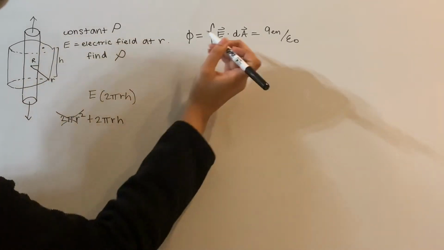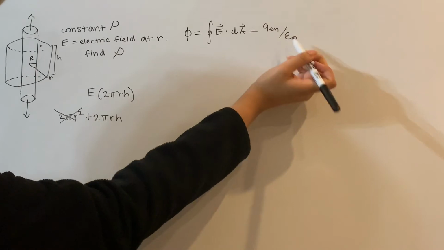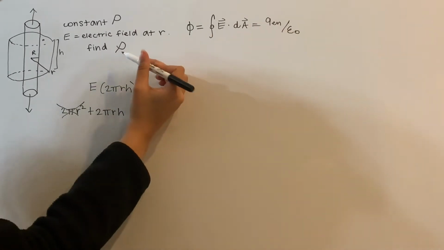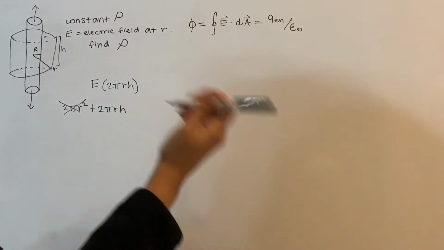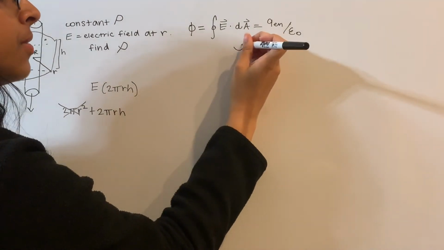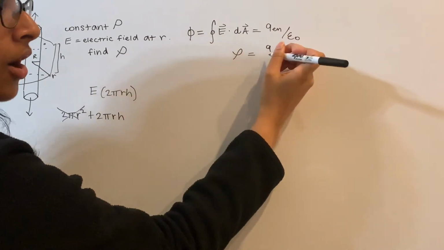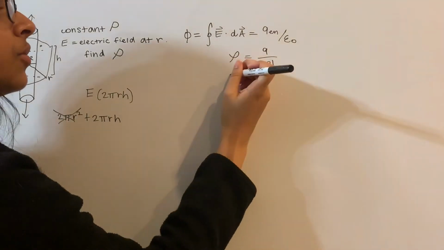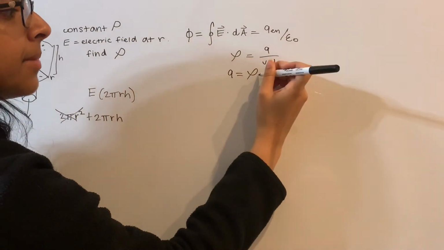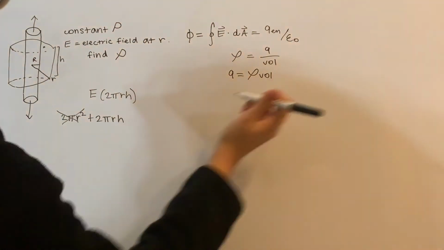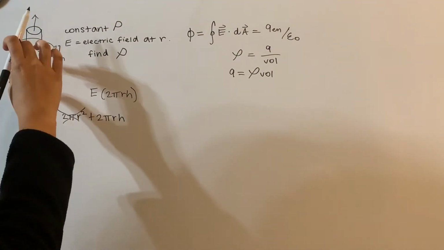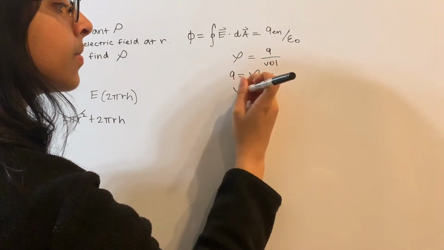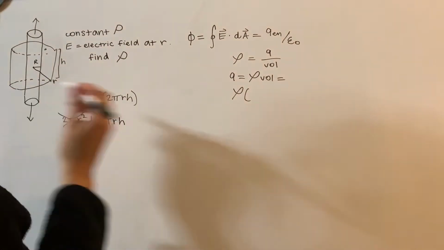So now we have our left-hand side of this equation, we need our right. So now we need Q enclosed, and it has to have something to do with rho because we're trying to find rho. So what is the equation for volume charge density? Your rho is going to equal your total Q, your charge, over your volume. That's what volume charge density is. So our Q is going to equal rho times the volume. And the volume of this little segment of this infinite cylinder that is inside our Gaussian surface is going to equal rho times pi